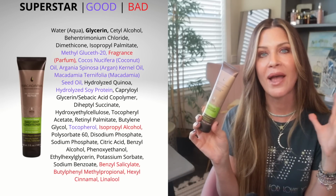It is definitely my favorite new mask. You guys, this next thing is one of the neatest things that I have found in a really long time. It is by The Route. I think it's The Route. It could be The Root, because I think their whole tagline is that they're rooted in science, but